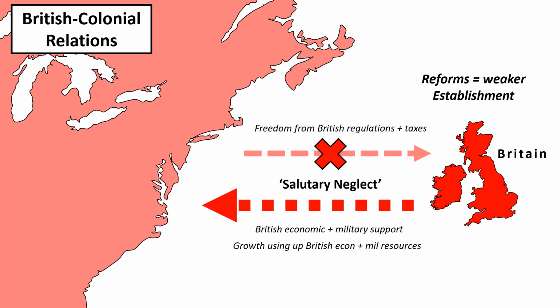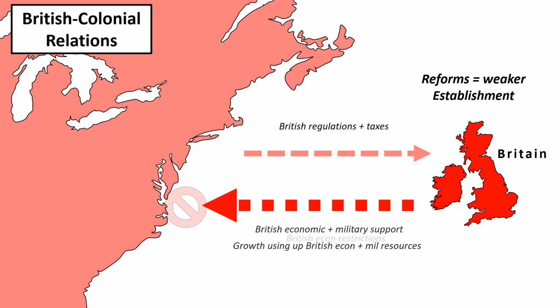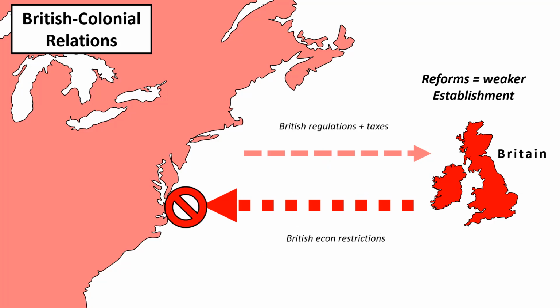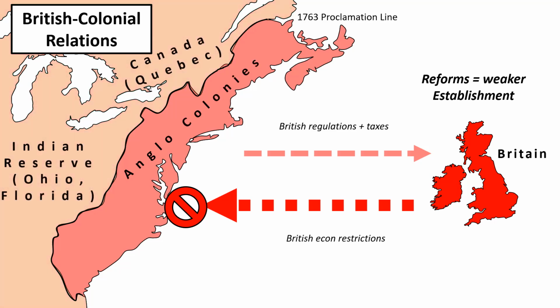So Parliament decided to end salutary neglect. Economically, the colonists would come back under Britain's economic regulation, which not only included the infamous taxes, but also new restrictions on immigration and industry. Politically, the colonists would be kept to the eastern seaboard, their influence diluted by the new non-Anglo territories of Canada,